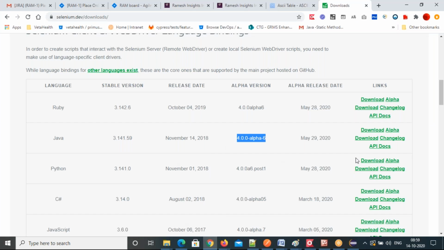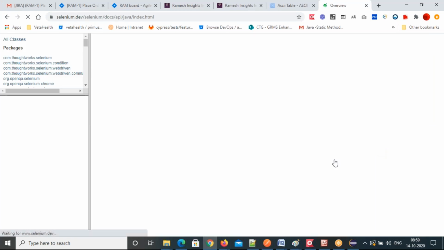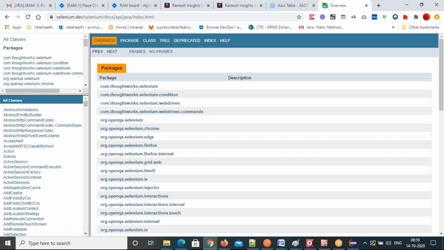Okay, so let me explain. We created this WebDriver project. We created a Java project, then we added the WebDriver jars to your project. Now, what is WebDriver?